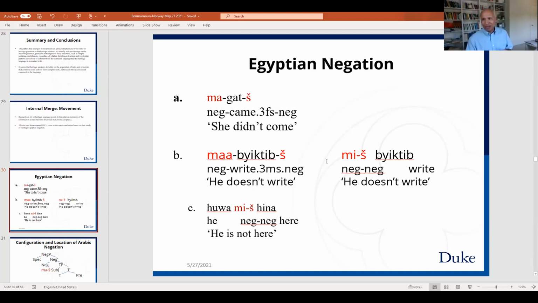This is basically Pollock, 1989, and you see this in Arabic here. So mish, for example, this is not a verb. So you get this kind of no sandwich. Mish as one marker, like here. But when you have a verb like a past tense verb, you have to have the sandwich. The verb has to come in between. When you have a present tense verb in Egyptian Arabic, you have the option to put the verb in between